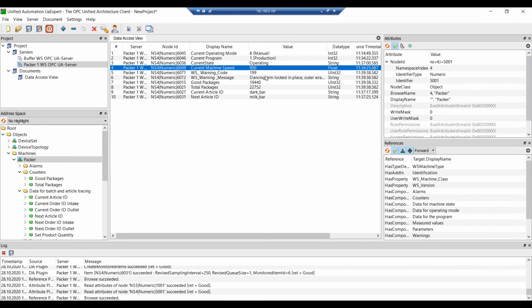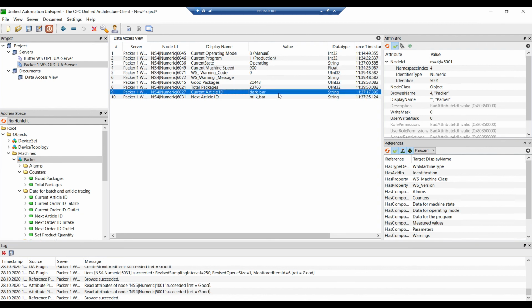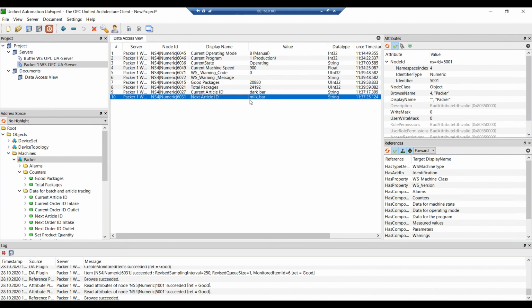There's actually a warning in the machine that's also simulated in plant simulation. We have the counters for good and total packages, and we see that the current article ID is a dark bar, and the next production in the queue will be a milk bar. So you can see that the